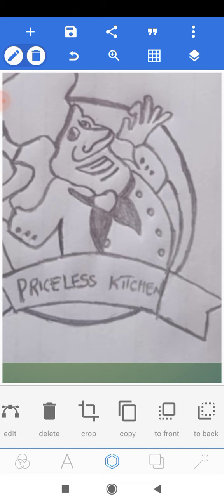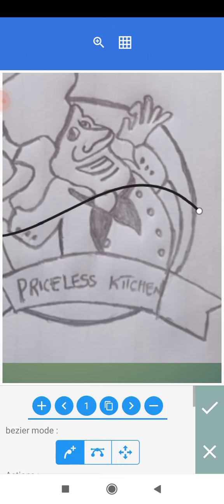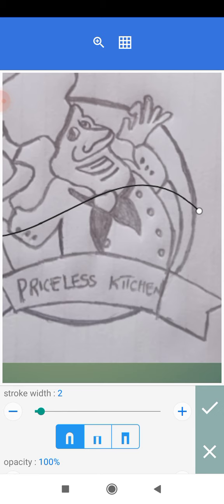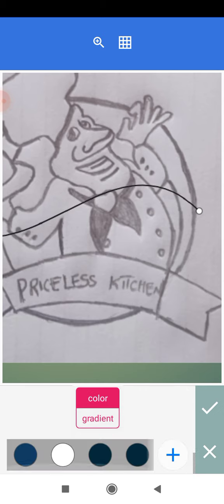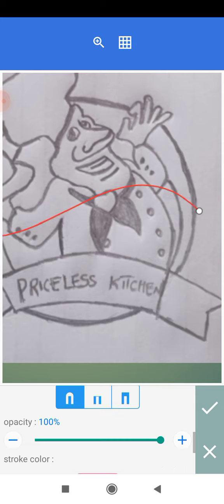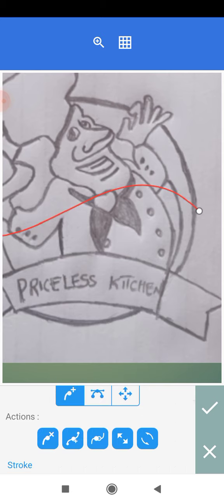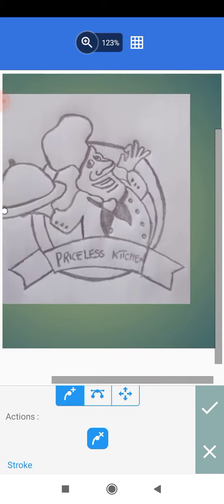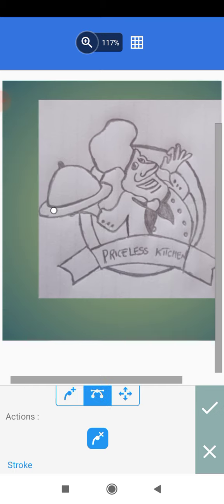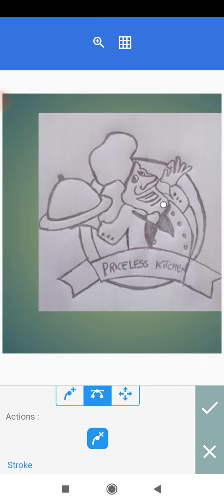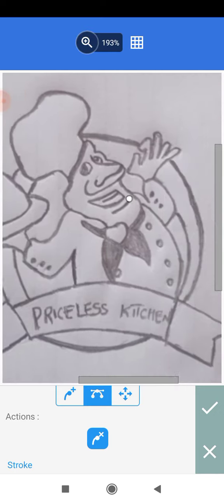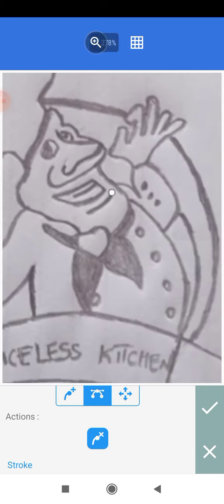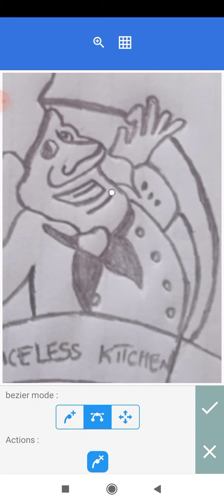So the next thing we want to do is to design the other part of the shirt. So we'll just select the tool again, and then we'll reduce the stroke to 2. Then we'll change the color of the stroke to red, and then we'll head on to this and we'll remove the icon there, remove the point there. So we'll move the point to somewhere here, and then we'll zoom in. So we'll just move this here,